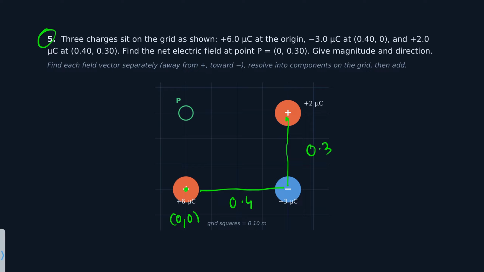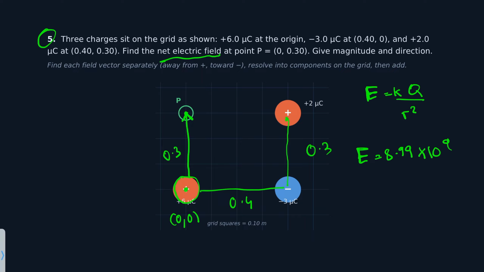So all the charges exert a force over here, okay? But now we're looking at the net electric field, right? Which, if you remember, was E is equal to just K times Q over R squared. So let's find that for each charge. Let's start with this charge. The distance between these two is 0.3, and the proton emits a charge outward. So it's just going to be K, so 8.99 times 10 to the 9, and then that times,